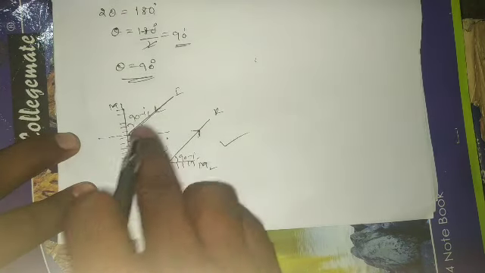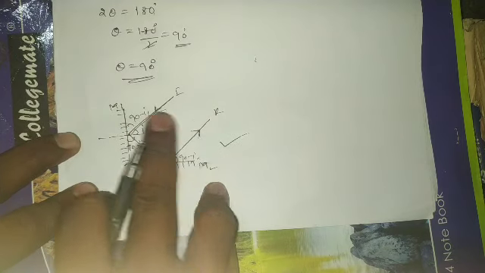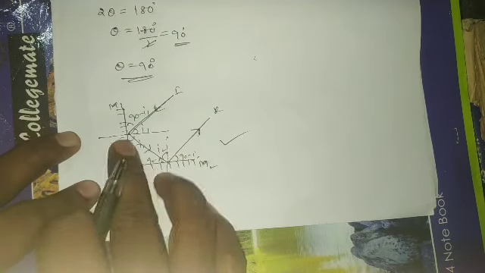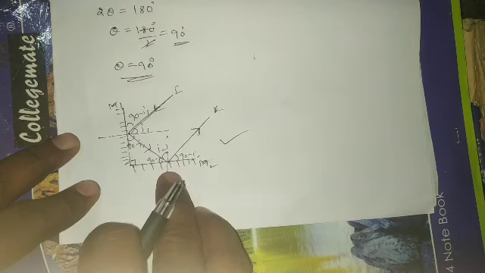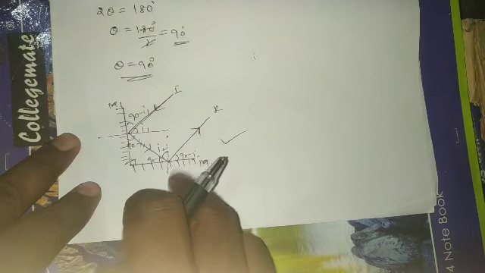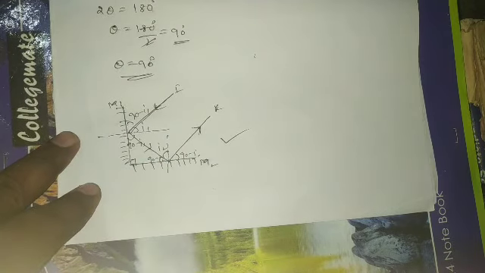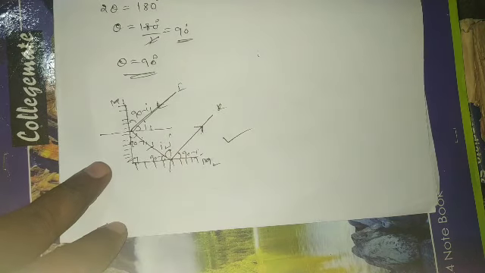So whenever the incident ray and final reflected ray are parallel to each other, what is the angle between the two plane mirrors? 90 degrees. So if we construct the two plane mirrors at 90 degrees to each other, the incident ray and reflected ray are parallel to each other. Next class we will discuss complete problems of angle of deviations and net angle of deviations.